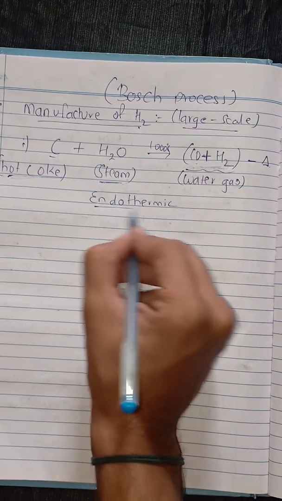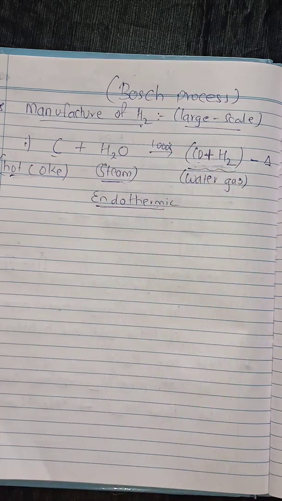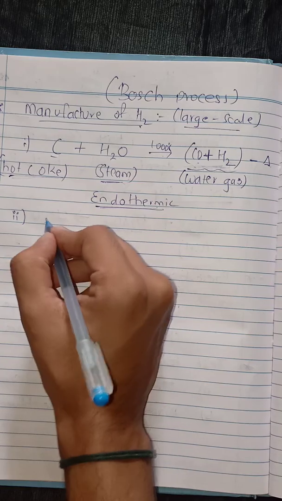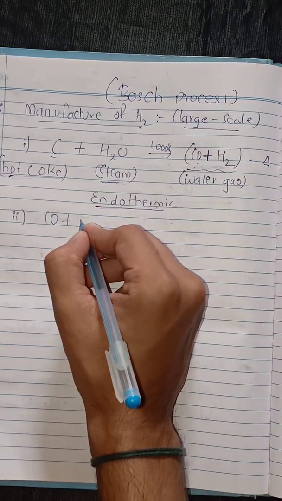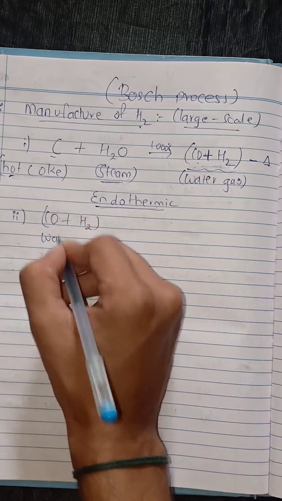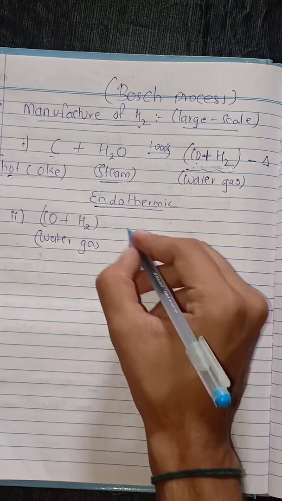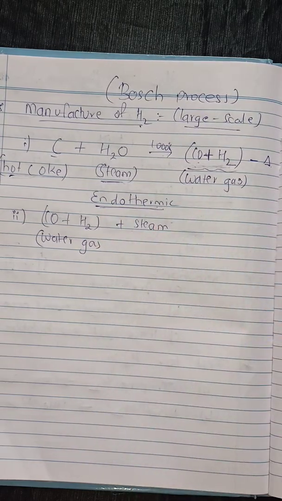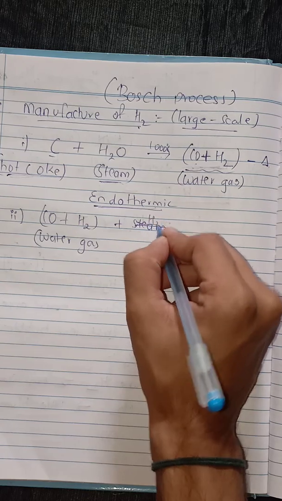ओके, since it was endothermic, sufficient amount of heat नहीं था, इसके वजह से मैंने 1000 डिग्री सेल्सियस यूज किया. Then I took, we are required to prepare the hydrogen. Then we took this water gas and we made it react again with the steam. Since the reaction was highly endothermic, the reaction was not producing a steam means water. Okay, write water and steam down.